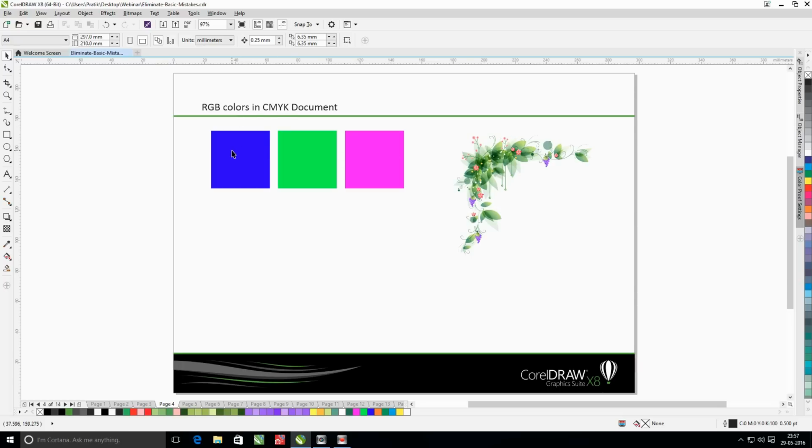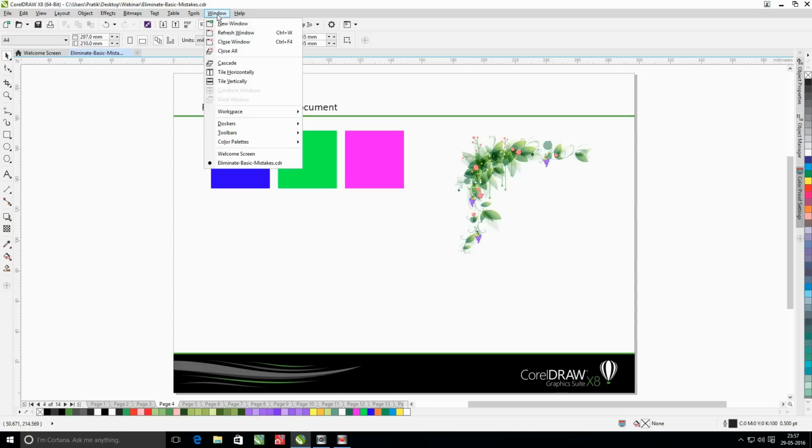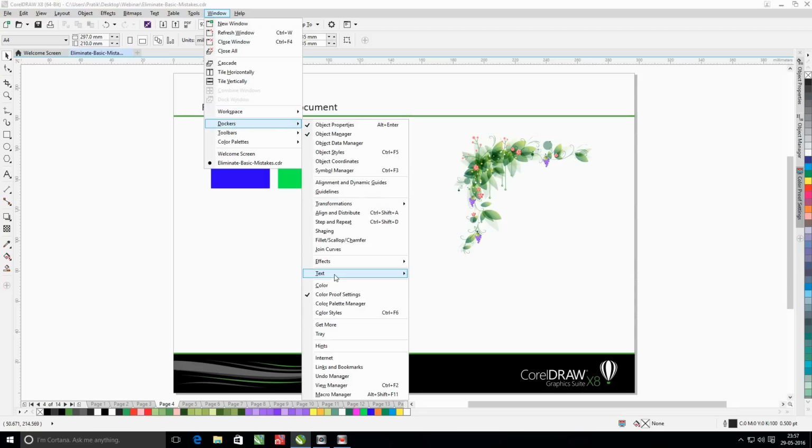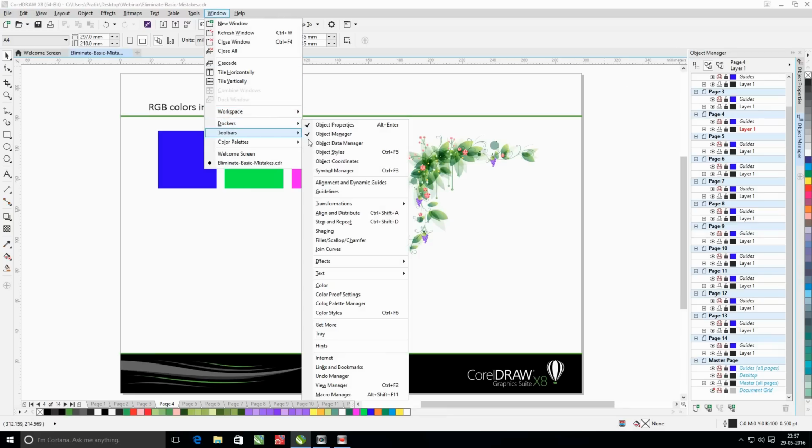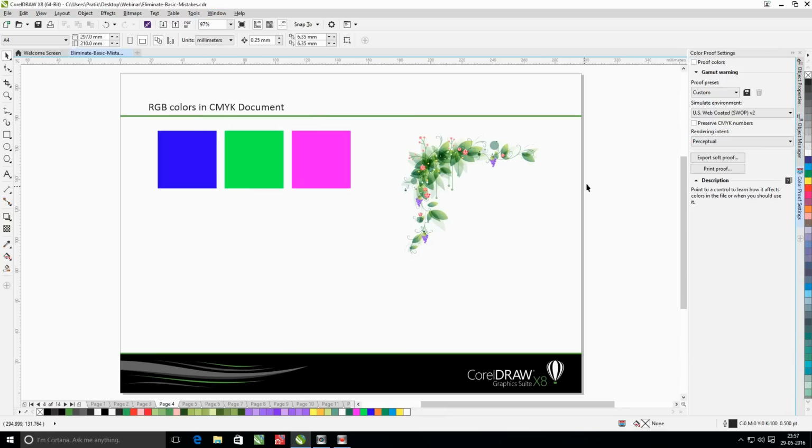So there will definitely be a color shift in this case. Another good way of getting over such issues is a feature called color proofing. Now when you enable a color proofing docker, what Corel does is it tries to simulate the final output depending on the color profile you have chosen.